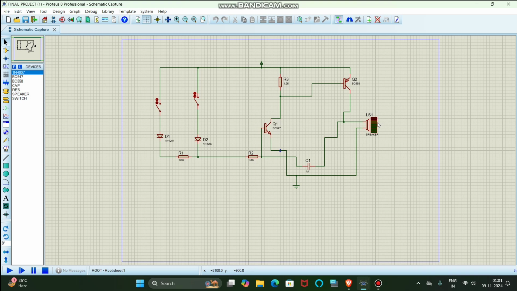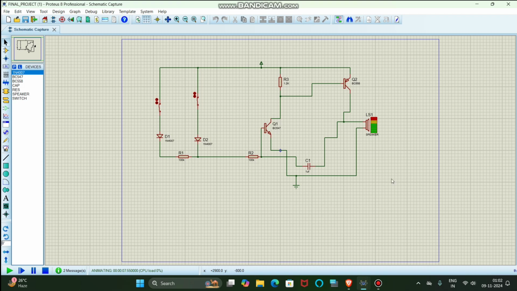When the circuit is in its idle state, that is, the switches are open, there is no current flowing through the base of the transistor Q1, which is an NPN transistor. This keeps the circuit in standby mode, meaning the alarm is off and there is no sound from the speaker LS1. Now, when the circuit is triggered by closing the switches, a small voltage